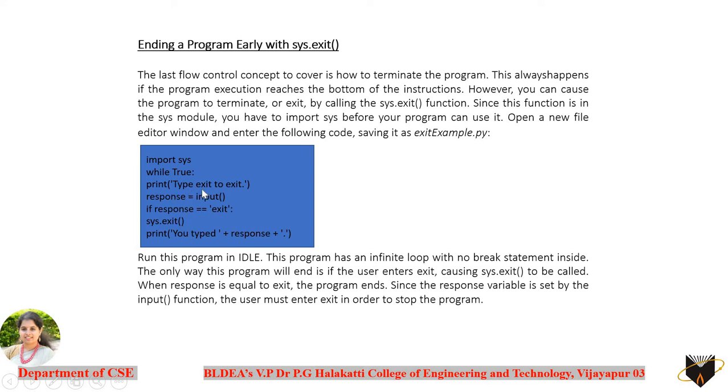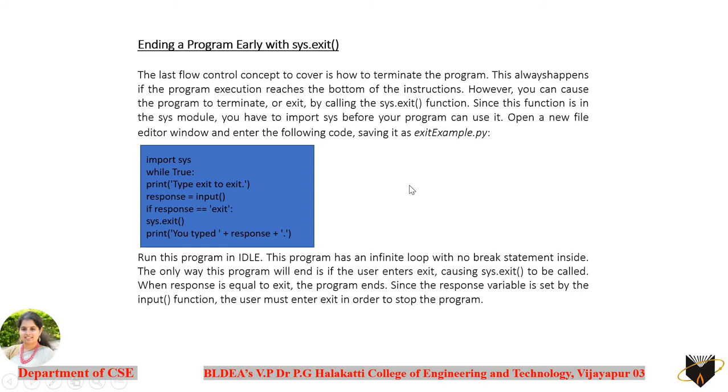So we are asking a user to type something, type exit to exit. Then we are reading that input in a variable known as response, and if the response is exactly what is expected here, exit, then the system has to exit, that is it has to come out of the function. So I leave this example for you to practice and check out how it behaves, and let me know in the interaction class what conclusion you came to, or what difference you made by using this exit method with a module here.